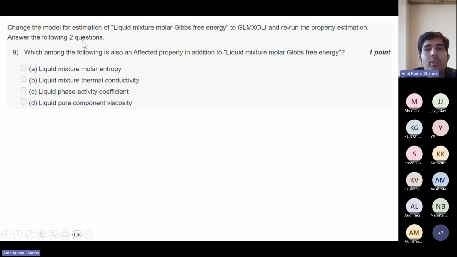Answer the following two questions. So the next two questions you have to answer. The first is, which among the following is also an affected property in addition to liquid mixture molar Gibbs free energy?